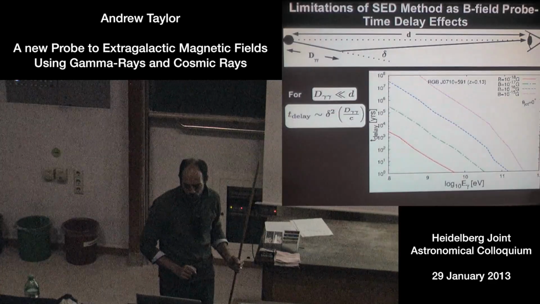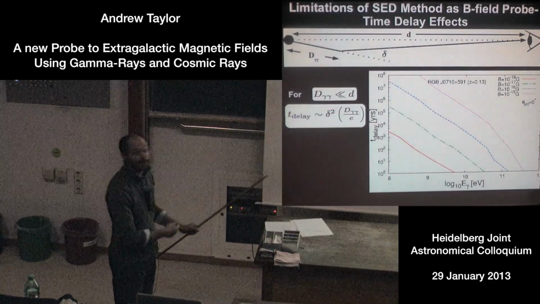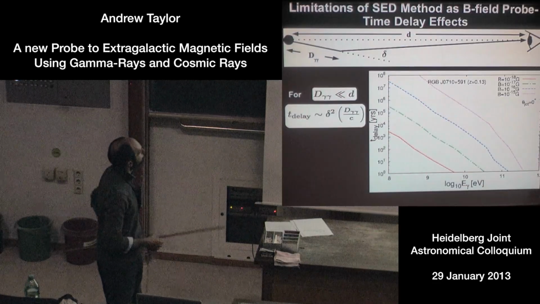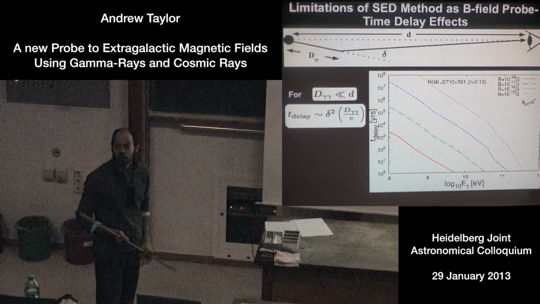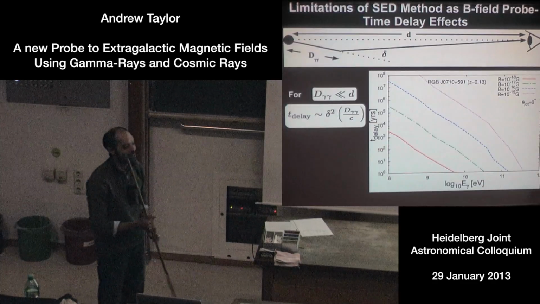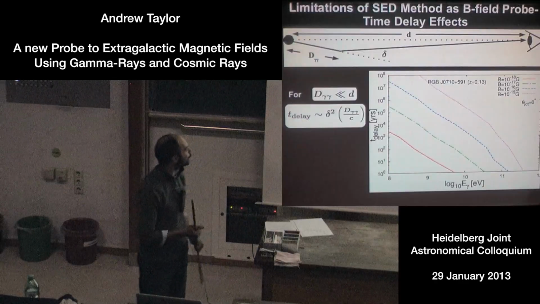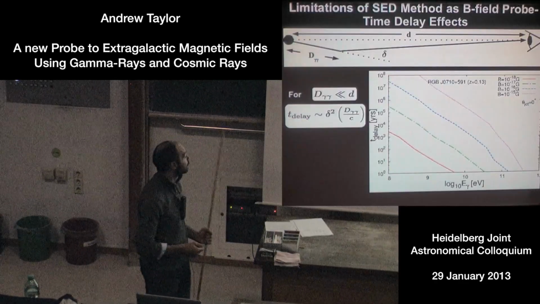Okay. And then you might ask me, is there anything special about 10 to the minus 17 Gauss? And the answer is not really. It's essentially because the Fermi satellite's been up in space for, well, I did this calculation when it had been 3 years, now it's a little bit longer. But it's because we've got simultaneous data for only 3 years.